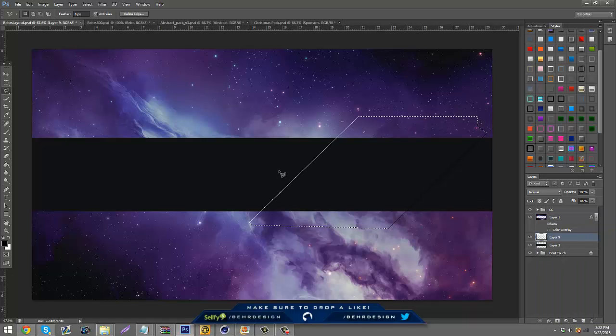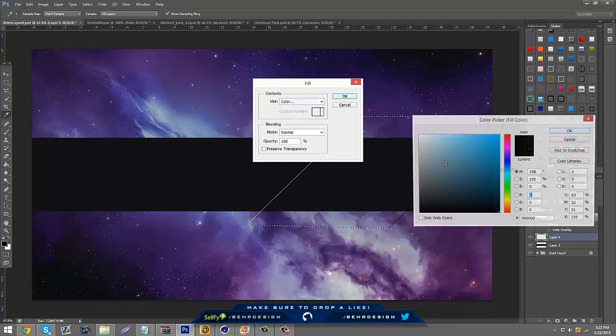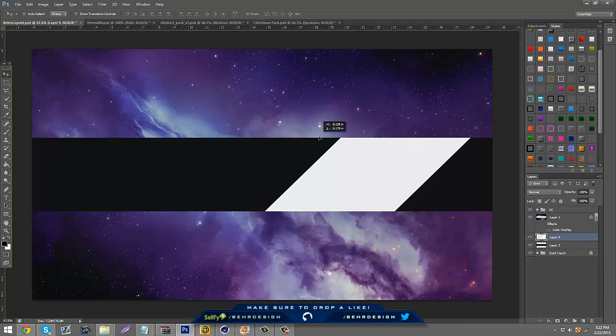Then connect it, right click, fill, and fill it with a white color. If you want to make it smaller, you take this tool and cut it out, and keep going in until you find a spot that you like, which is the way I'm going to be doing it. Then you can just move it to the corner, just like that.